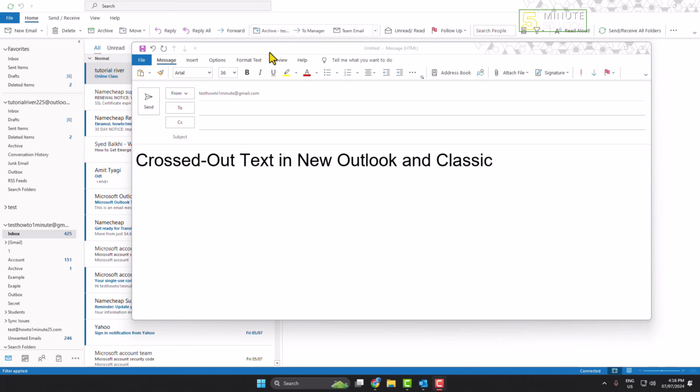In this video, I'll show you how to cross out text or how to strike through text in Outlook Classic. So as you can see right now, I'm composing a new email. Now to make this line cross out or strike through, first of all select the text or line and then